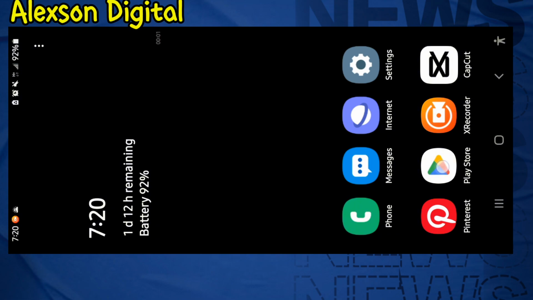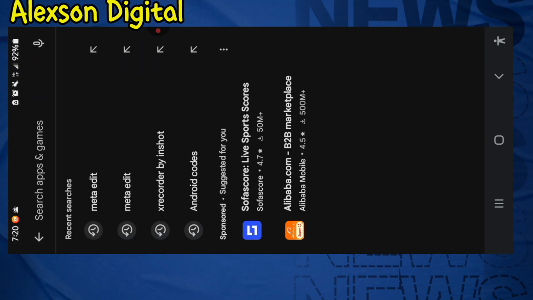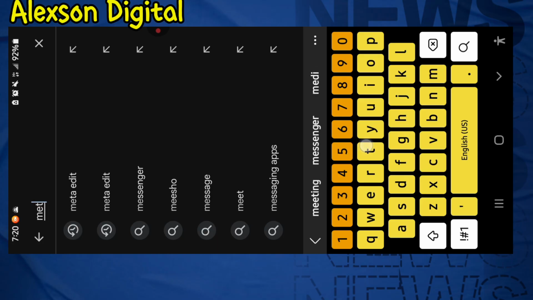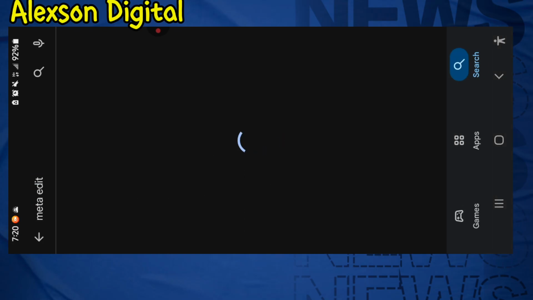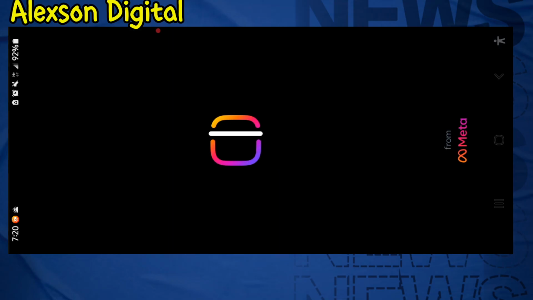Now go to the Google Play Store and search for this app, Meta Edits. Make sure the one you are seeing on the screen is Edits, an Instagram app, right? Once you open the app,